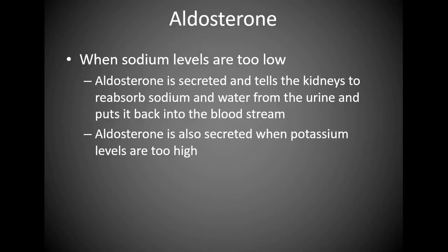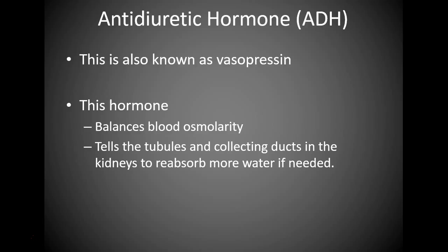Aldosterone is also secreted when potassium levels are too high. So let's just say that you ate a couple bananas and you took a couple of potassium pills, and all of a sudden you have too much potassium. Your body says, hey, it's too much. We don't need it. Let's excrete it. With antidiuretic hormone, or ADH, also known as vasopressin,